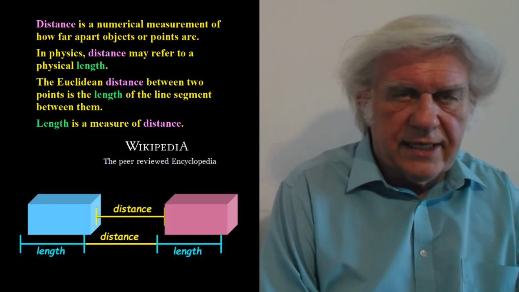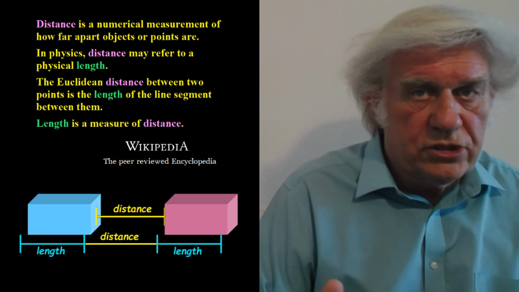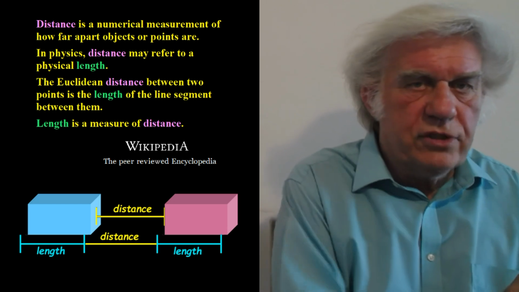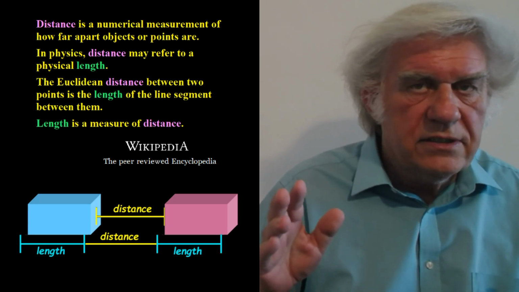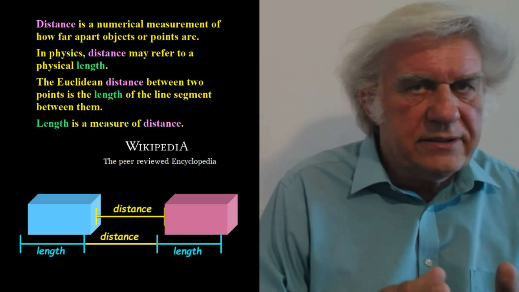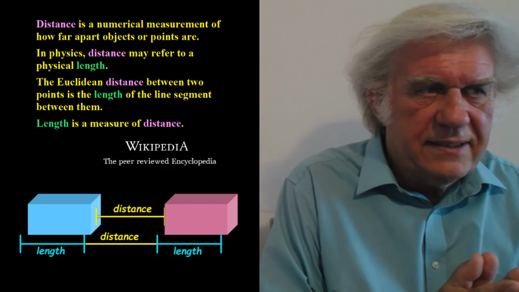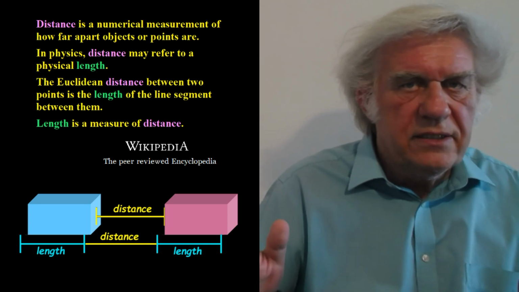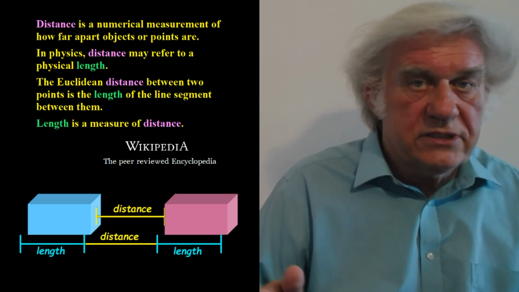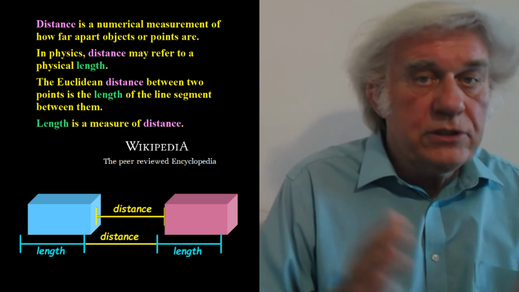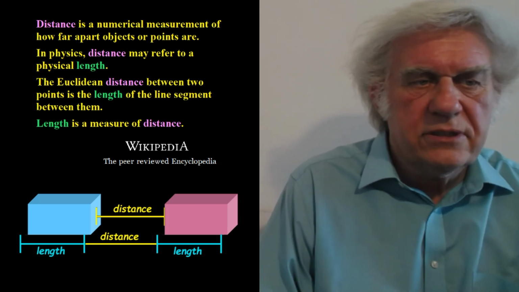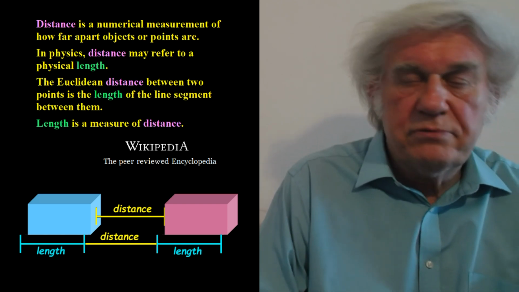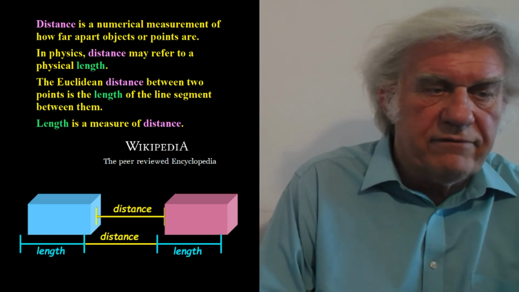What is length? Length is the continuous matter of an object from surface to surface. That's what length is. Distance is not the continuous matter between the surfaces of an object. No, it's the separation between two objects. So we have a difference between distance and distance traveled.